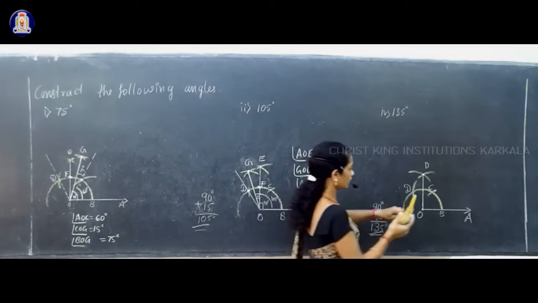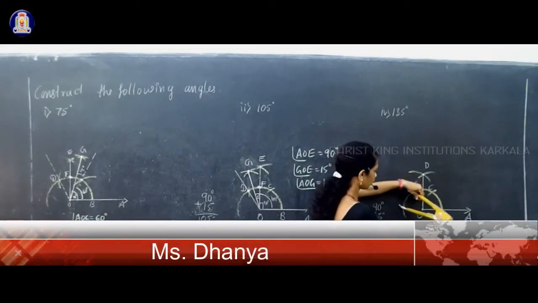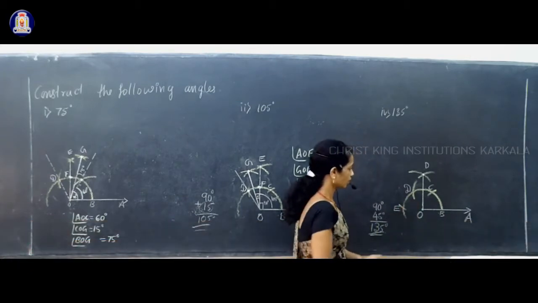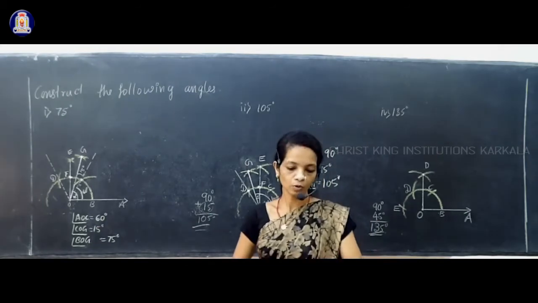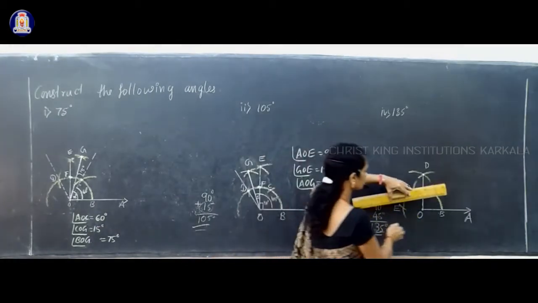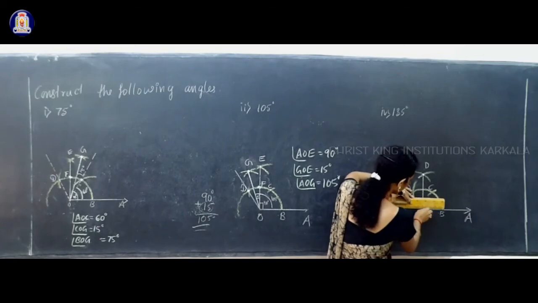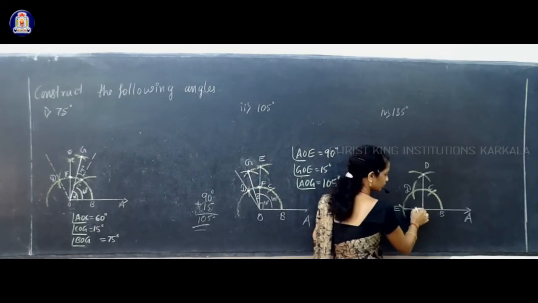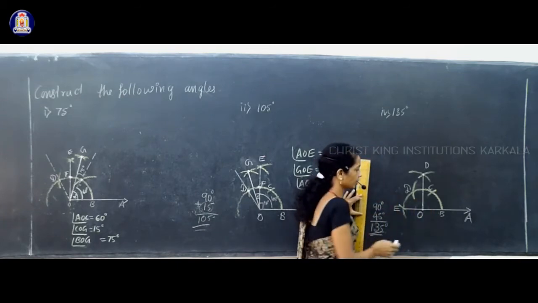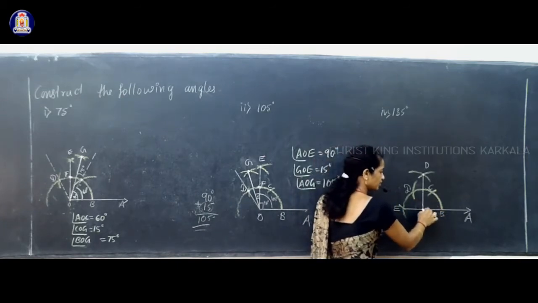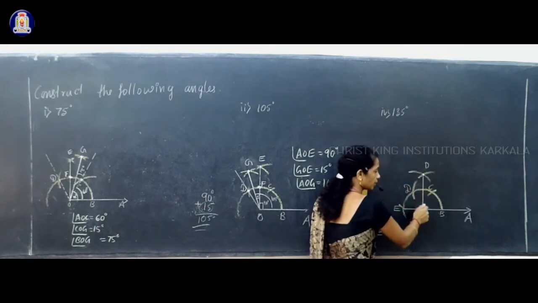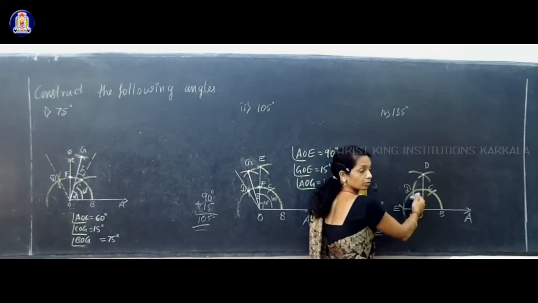See, if you draw one more arc by keeping it D, and that arc and the semicircle intersect at one point, then we take it as E. If we join E with O, that makes how much degree? That makes one more 90 degree. That means a full angle here, angle AOE, that is 180 degree. Here you have 90 degree, and if you construct the angle bisector of the next 90 degree, that is BOE, that gives you 45 degree on both sides of it.